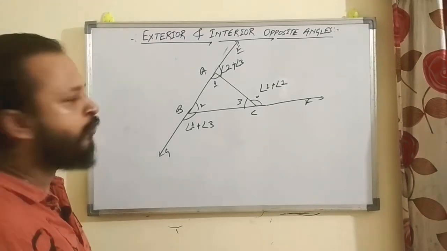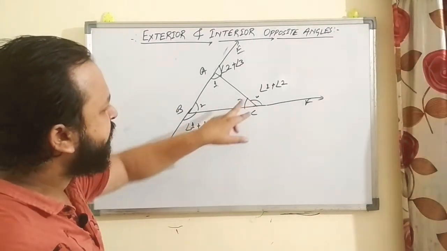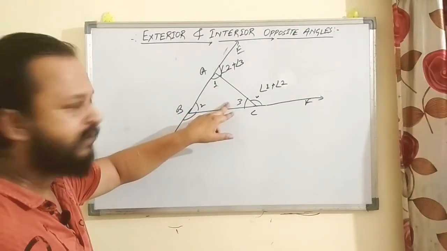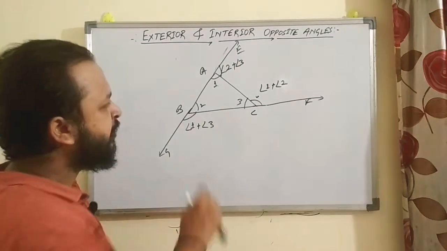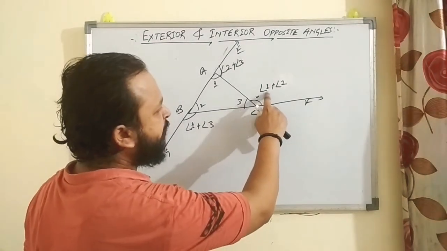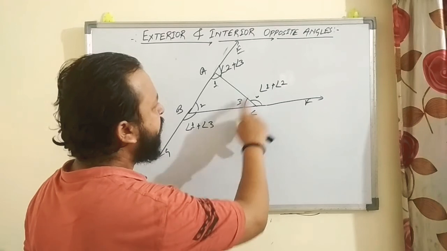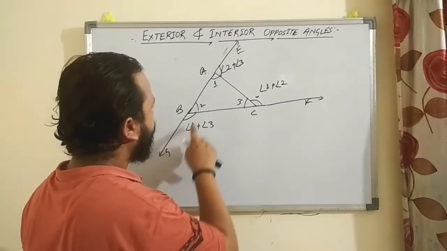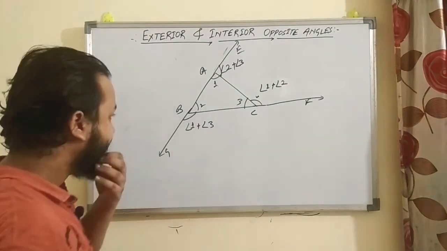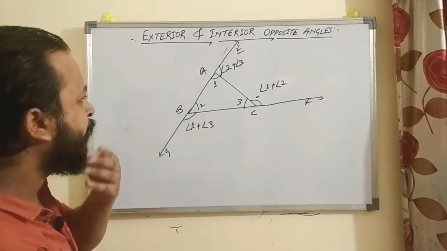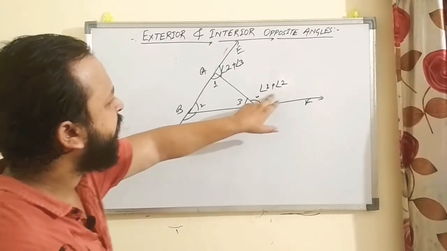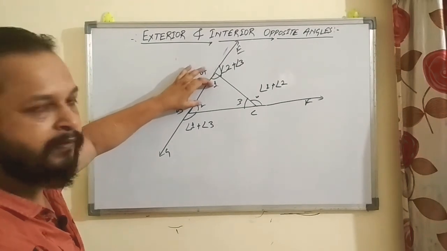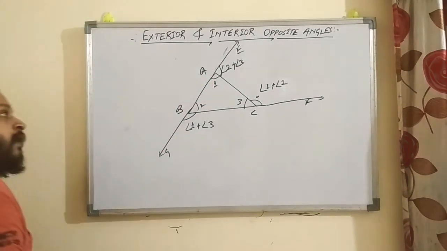So one thing you are noticing is that in a triangle there are three angles, 1, 2, 3, right? Their names are 1, 2, 3. So here you can see that angle 1, 2 and 3 is coming, right? All the angles of a triangle, here 1, 2, 3 are coming, here 1, 2 and 3 are coming, right? So now we are going to prove this property, that how this angle is equal to these opposite angles, right? So now we are going to prove this.